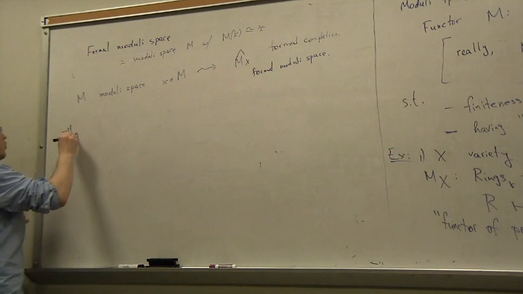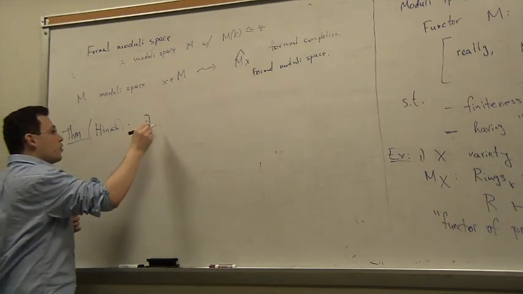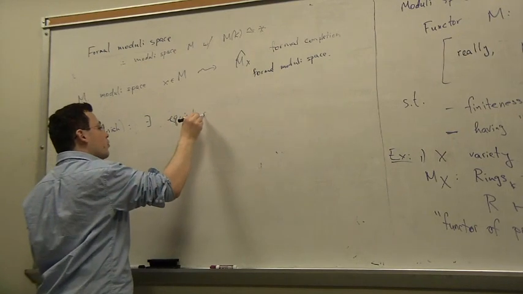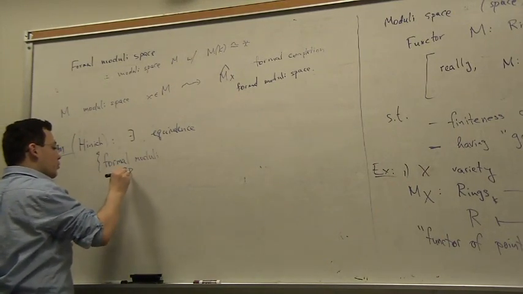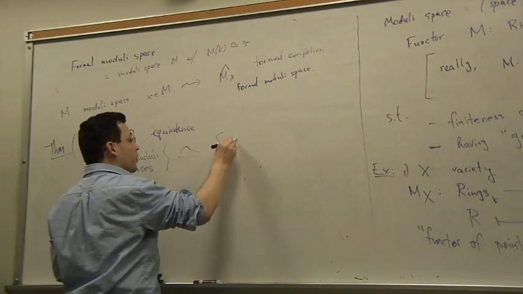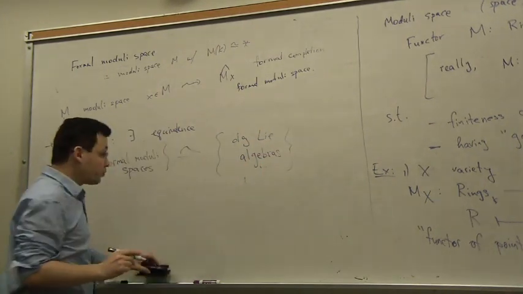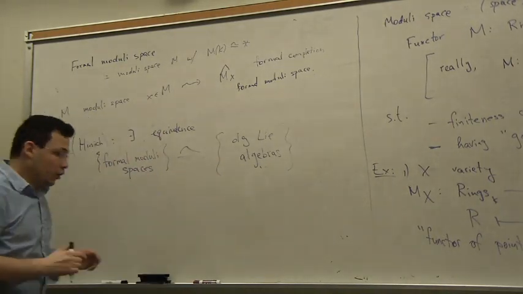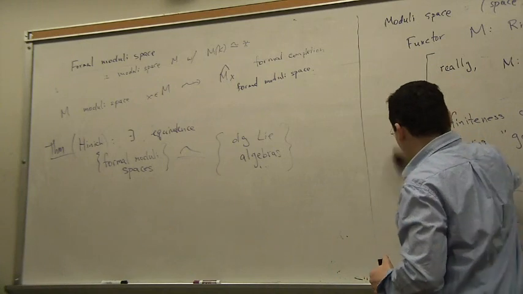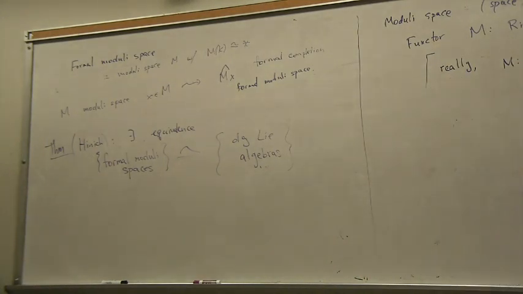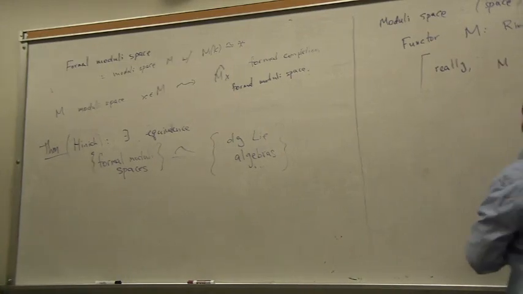So the upshot of this discussion is a theorem, which I think is due to Hinich. There's an equivalence between formal moduli spaces and differential graded Lie algebras. All right. And the equivalence goes along the lines that I sort of indicated before. So that's all good and well, and this maybe says something local